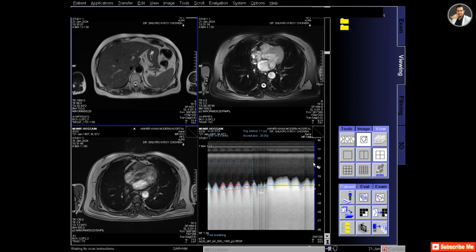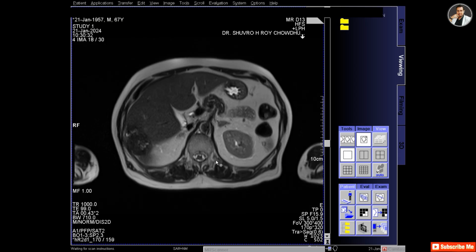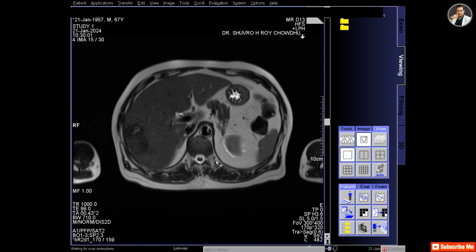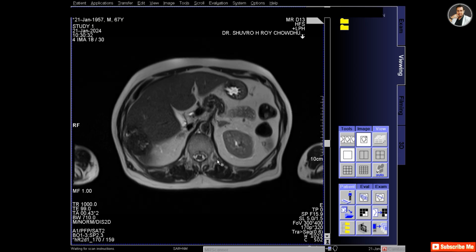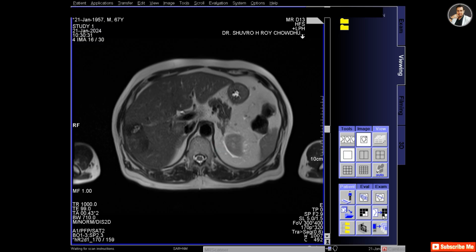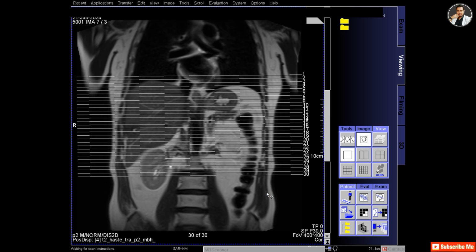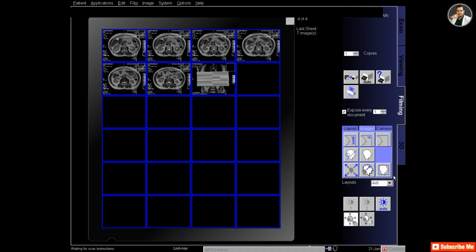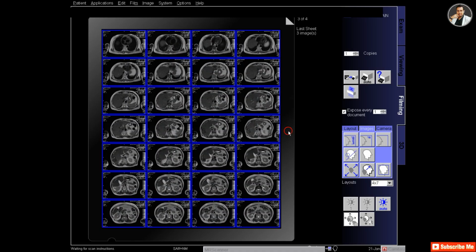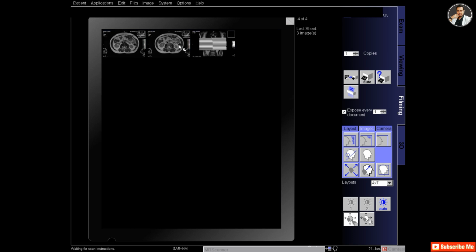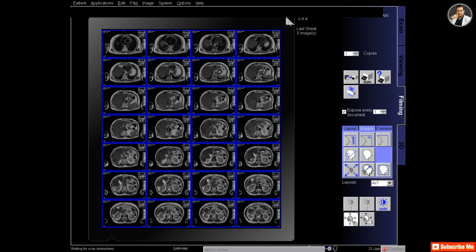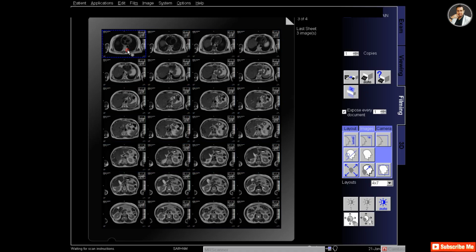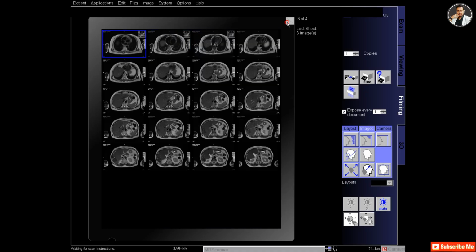So two coronal I printed, and now I'm going for axial, and this is a T2 HASTE axial protocol. So I'm checking the protocol and selecting the series, sending it to the filming, and I will also send the reference image of this series. And now I'm in filming and changing the layout to 4 into 7 so that the 28 images fit in the film, and I have to delete the extra 3 images, so that there is only one film remaining.